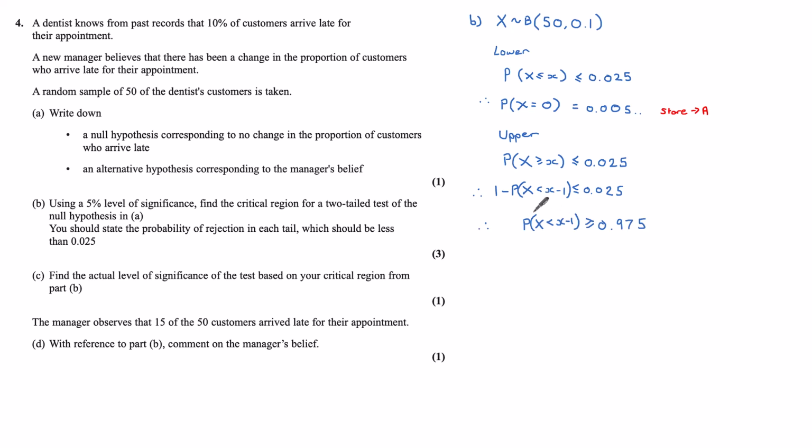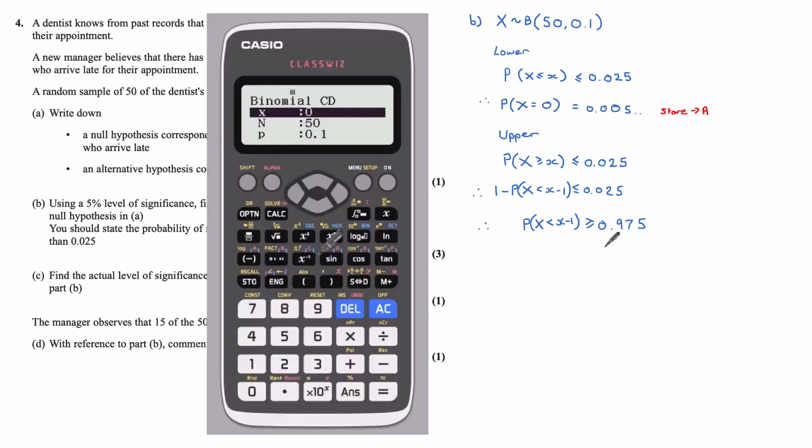Rearranging this again and being very careful with our inequality sign, we are looking on our calculator to find a probability for x being less than x minus 1, which is greater than or equal to 0.975. So now I'm looking to find a value of x that's going to give me a probability greater than or equal to 0.975. Now there are a total of 50 trials, and so there's a temptation to try a